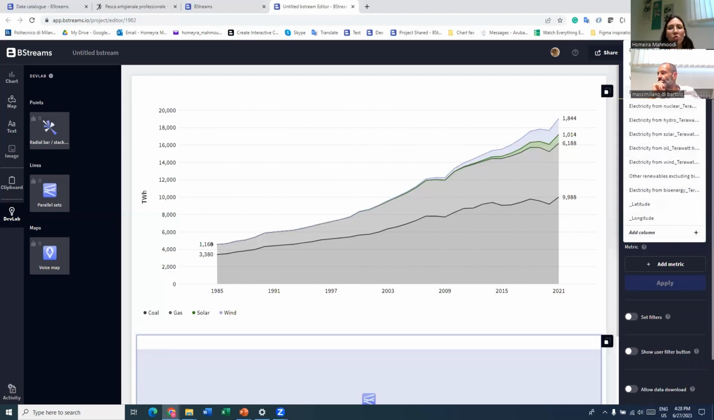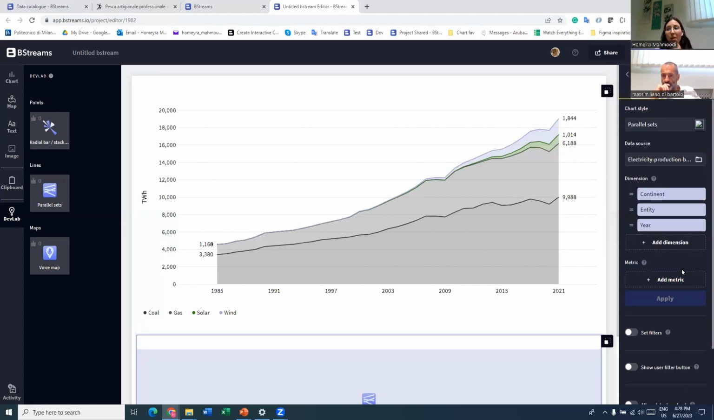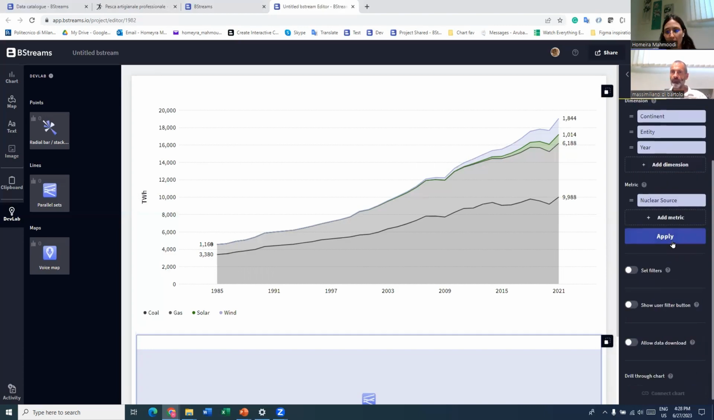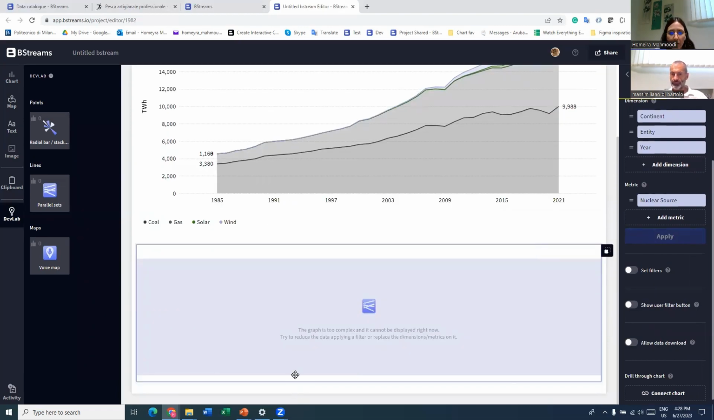And also, I will choose the year field because I want to visualize the data associated with the year. And for the metric, I will choose the nuclear source. And I will hit the apply button. So as you can see here, the data are not